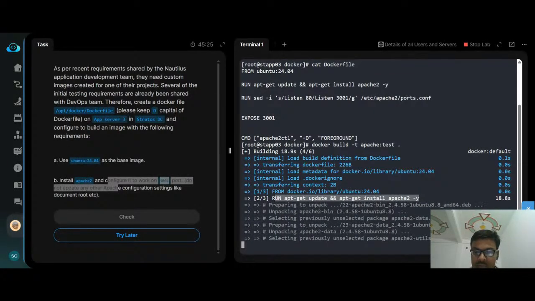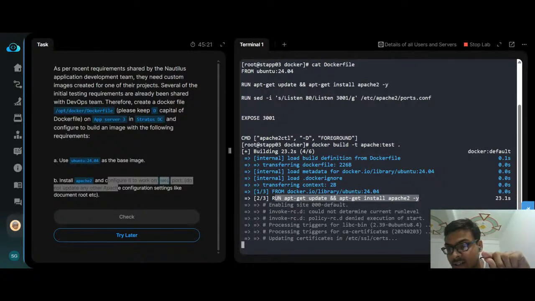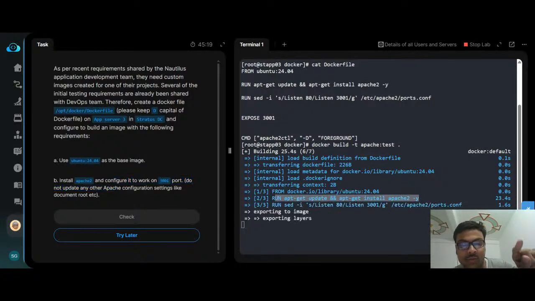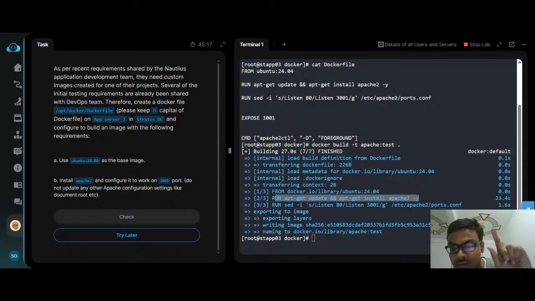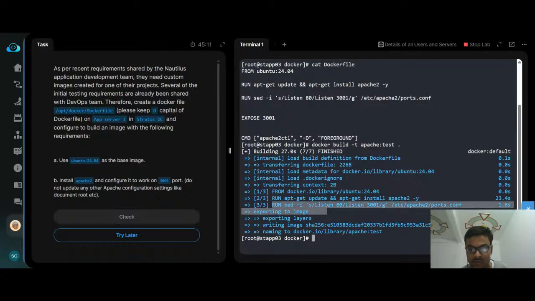Okay, so after apt, what will it run? It will run sed so that the Apache 2 port service listens on 3001. Solution is done. We'll run the CDI, it has changed to listen here, writing an image, and we have successfully